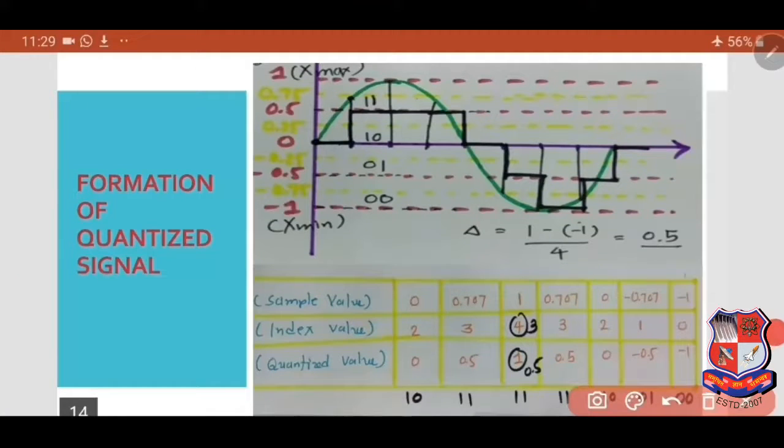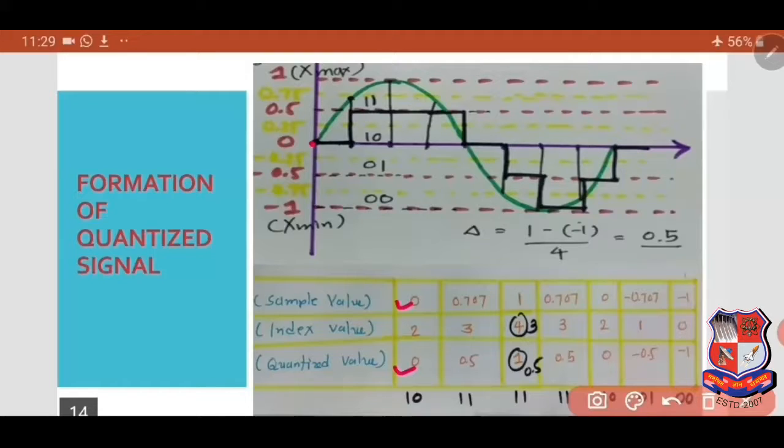Okay, so for the sample value 0 and the quantized value 0, that is over here. That is the sample value 0 and this is the quantized level 0 we are talking about. So we just start from this 0 for the sample value 0. So we will start over here,